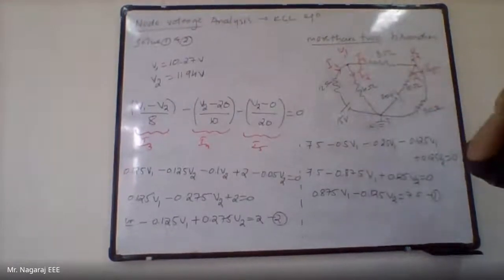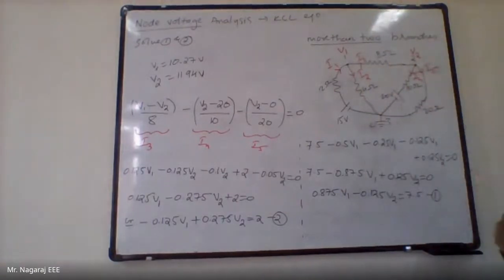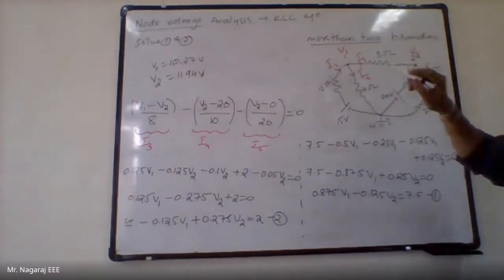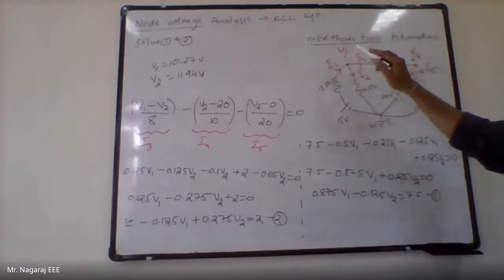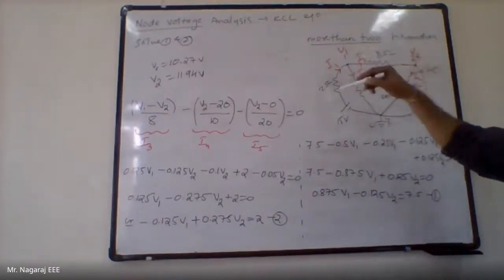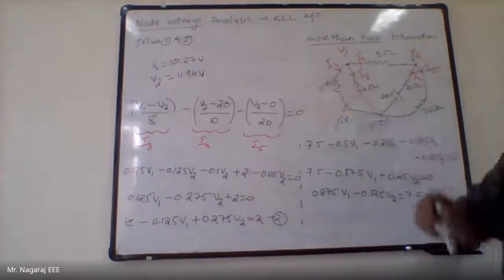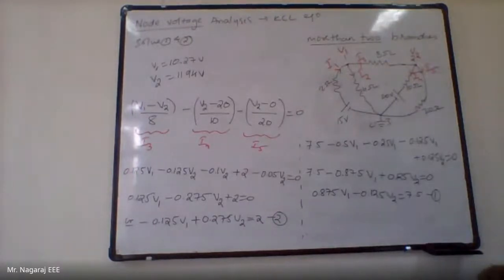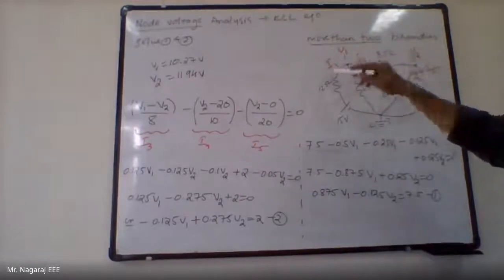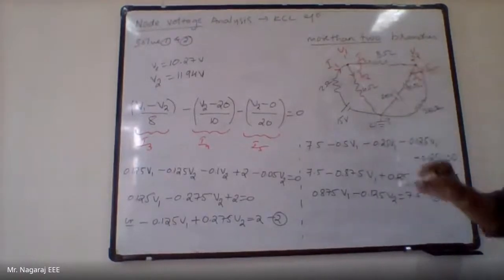Current here, now observe, the value of V1 is lesser than the value of V2. So if I take the value of I3, it will come negative. What does it mean? With respect to the direction assumed here for I3, it is from V1 to V2. So with this direction, it is evident that V1 is at higher potential than V2 in assumption. But in actual, V2 is at higher potential with respect to V1. So therefore, if you calculate I3 with this direction, you will get negative. V1 minus V2 will be negative. So the actual direction of I3 is from V2 to V1.